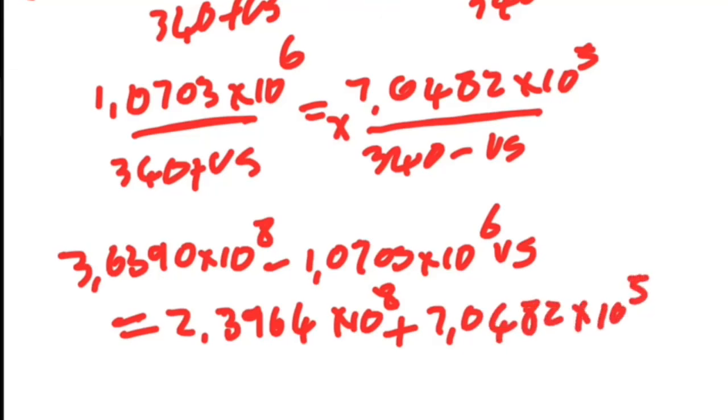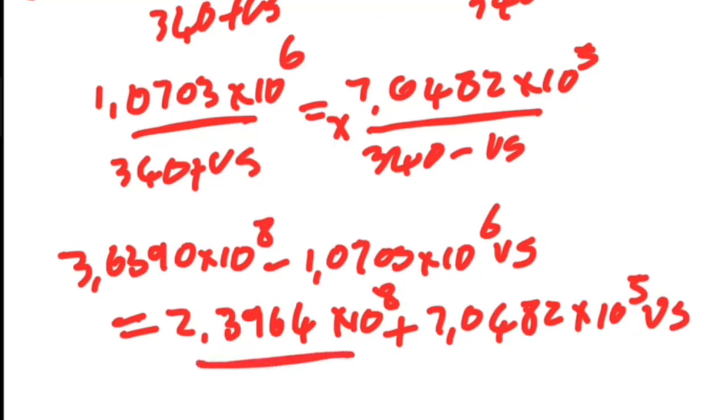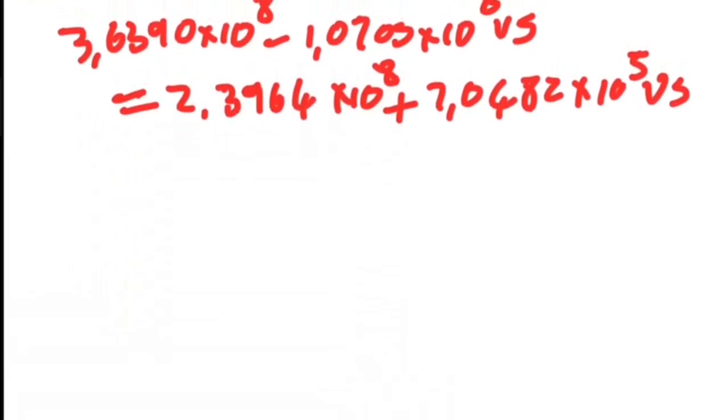So right, let me group the like terms together. This is Vs, right? So I'm gonna take this term to the right hand side and take this to the left hand side. If I do that, I'm gonna have